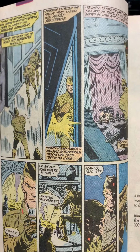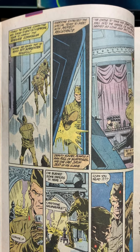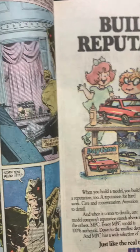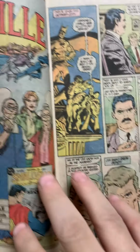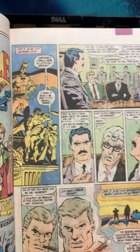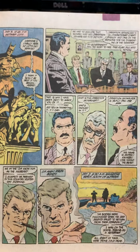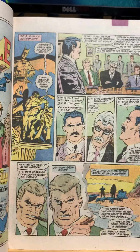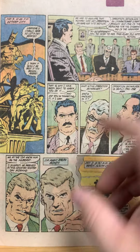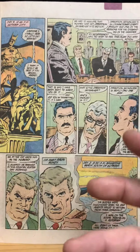If you remember Mikhail Gorbachev, when he became the premier of Russia, we had Glasnost. It was like the softening of relations, and the United States and the Soviet Union started to increase diplomacy and make everything friendly. It was the end of the Cold War. Things were getting friendlier. And the plot of this comic is that some old school KGB hardasses are